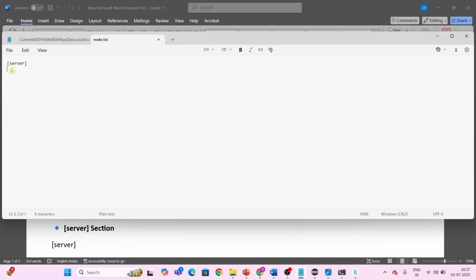First line we have a server, and port equal to 4444. This is the port for the server. This is the second line. You have to go for node, square bracket node, and here you have to use detect